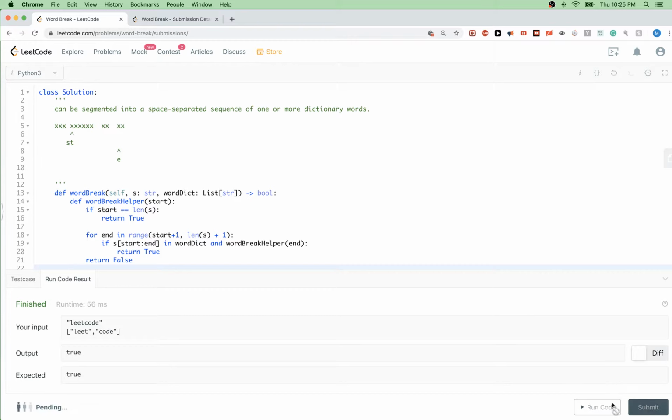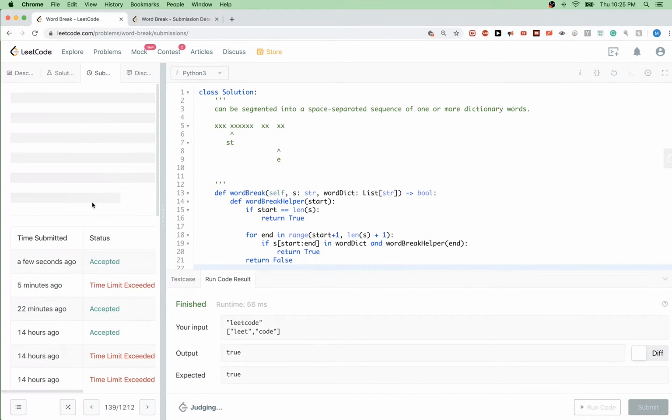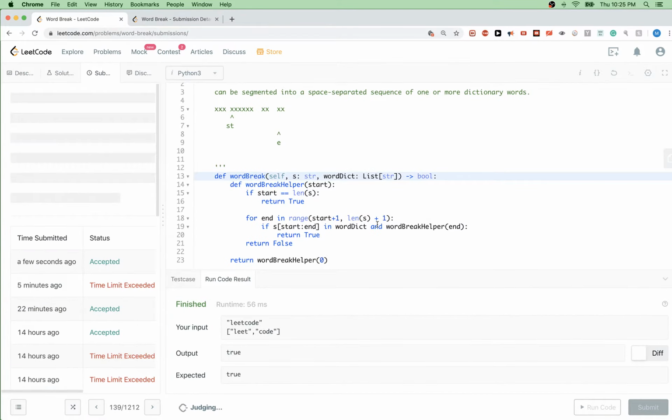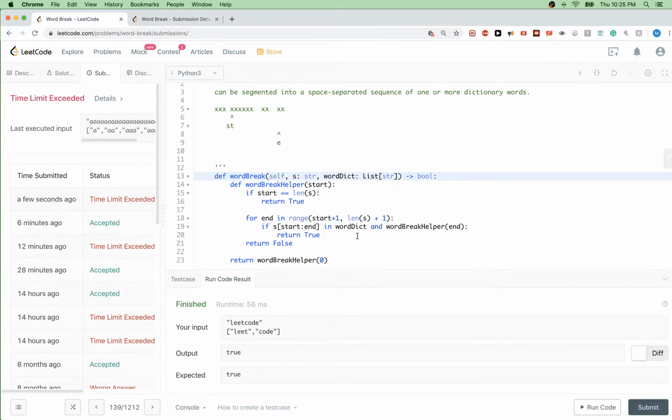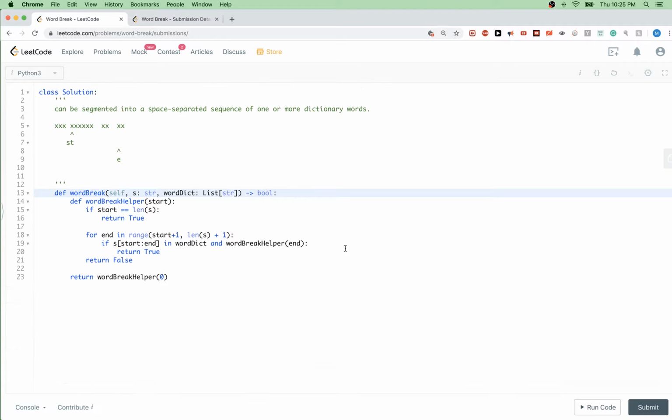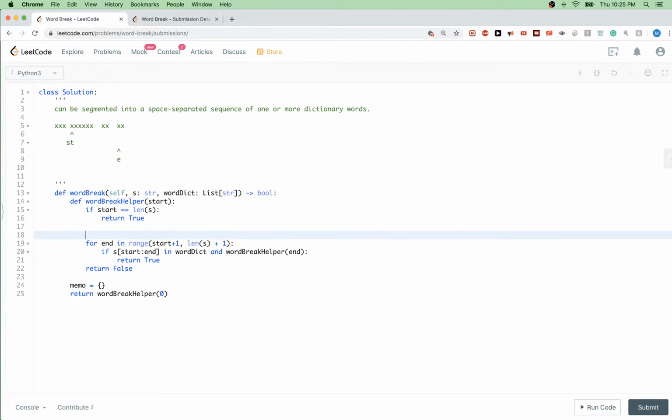Okay, so it passes that test case. Let's submit. We'll probably get a time limit exceeded error because of the same problem I mentioned for the previous recursive solution. And so we will do just the same thing, recursion with memoization, to fix that. And so that would mean here we would check if